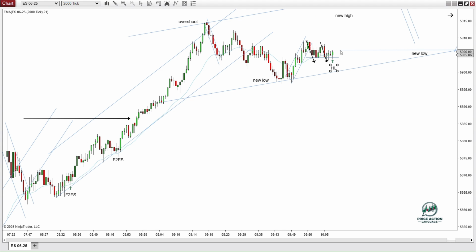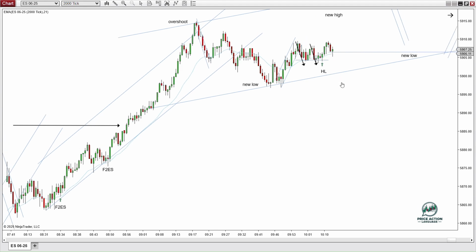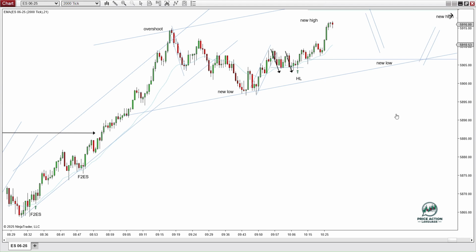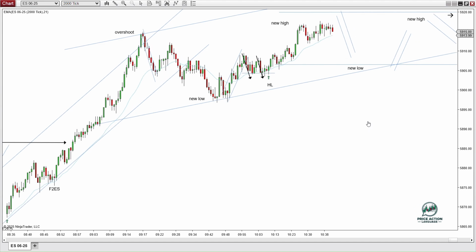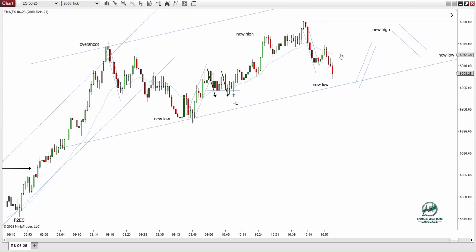So I went ahead and took a risk on this higher low. And sure enough, prices pushed higher, made the scalp. And you can see prices continue working higher and created the new high for the uptrend. So now I'm pausing, looking to go long. I want to see what the next market cycle is going to be. Let prices print. So we're just working a little sideways here and we push lower, get a break and a